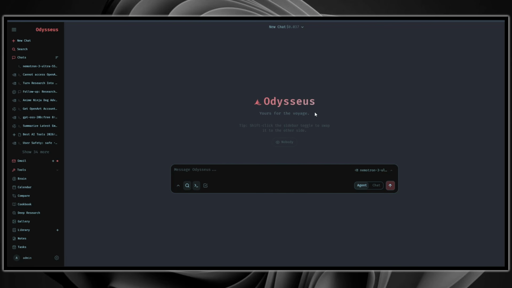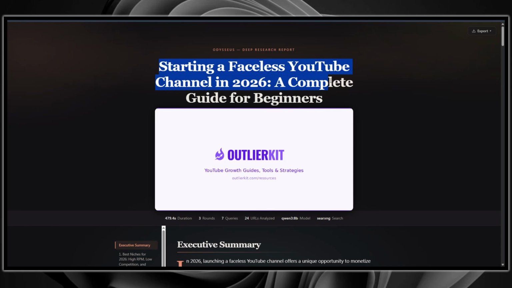So that's really the full content machine inside one workspace, from idea all the way to generation without ever leaving